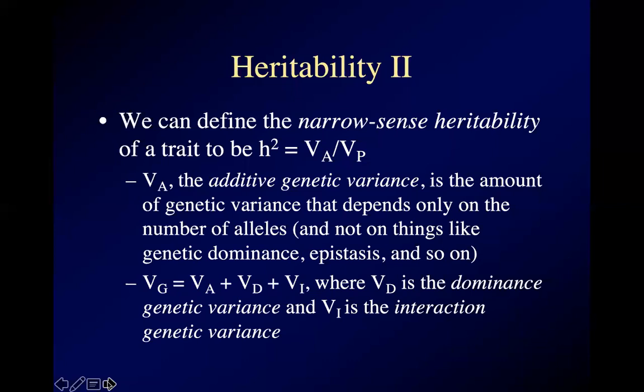The problem is that in some cases, what is making your cats look different from each other is not just the number of alleles that they've got, it's things like genetic dominance. For example, if memory serves, long hair is dominant to short hair in cats, but this is actually a fully dominant trait. So you can't tell the difference between homozygous dominant and heterozygous cats. Some of what is making your cats look different from each other in fur length